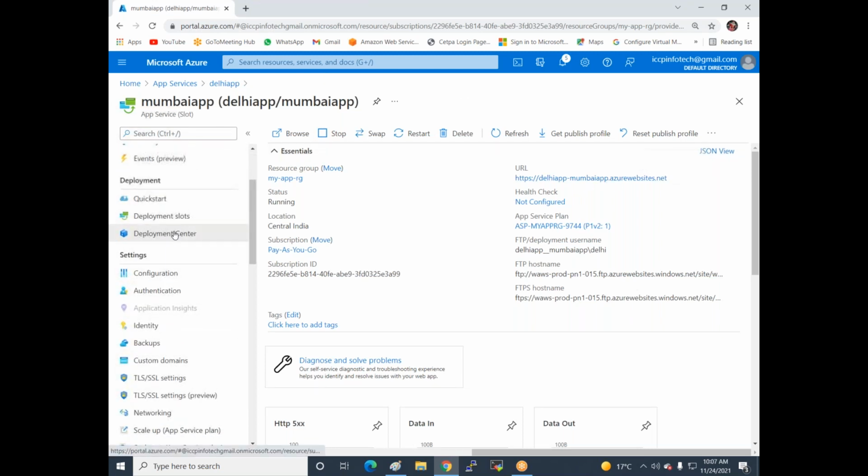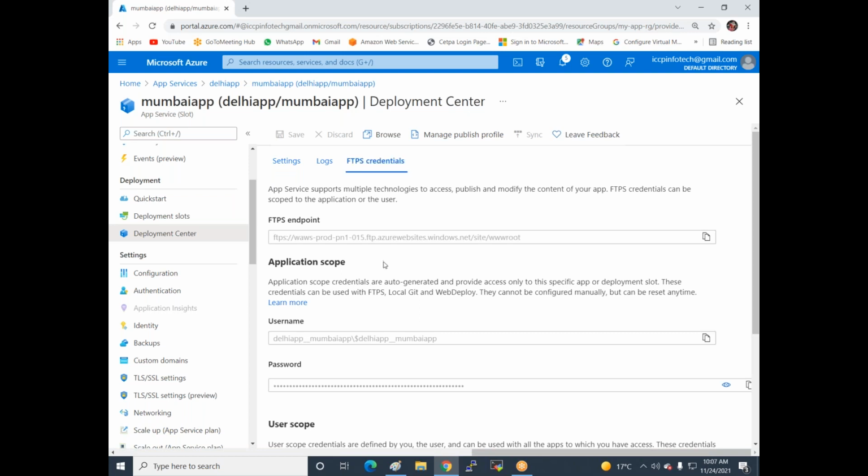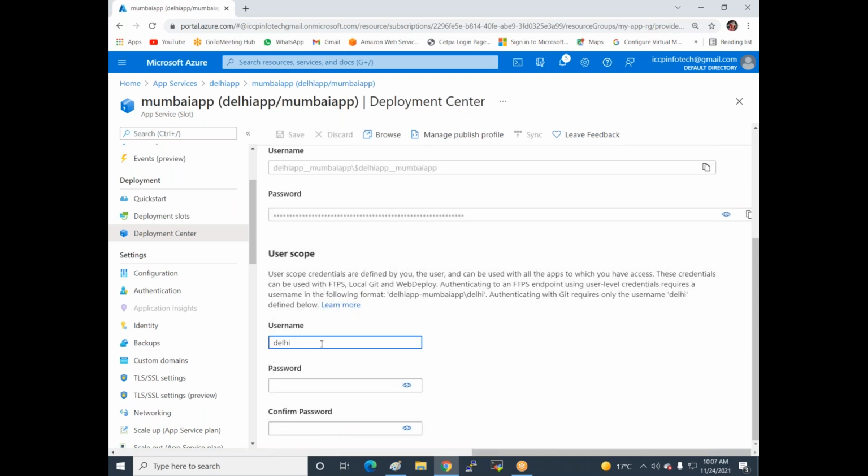I'll go again to the deployment center, create a username and configure the username, same process, FTP. Now I'll click on Mumbai. Username is Mumbai and the password is AST at 1234, and then save.